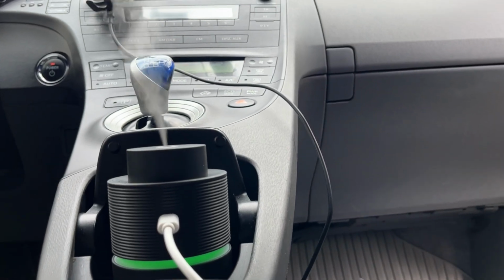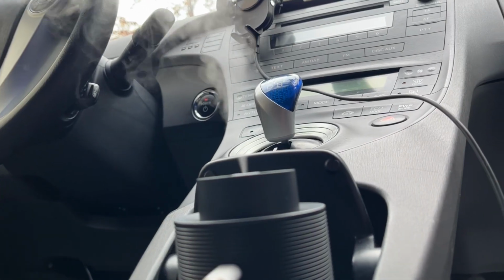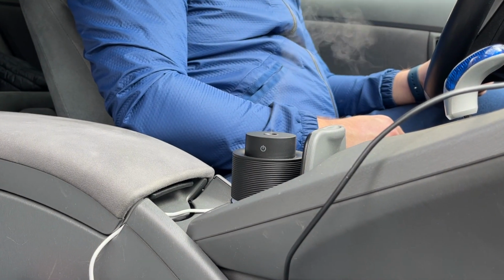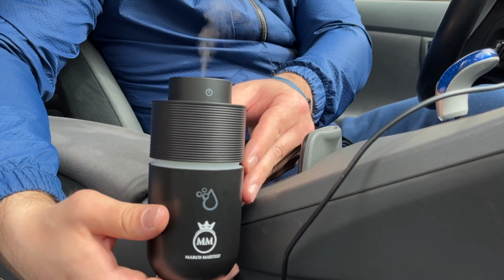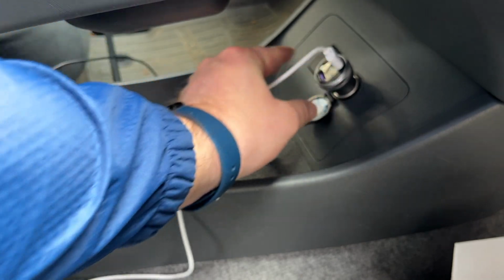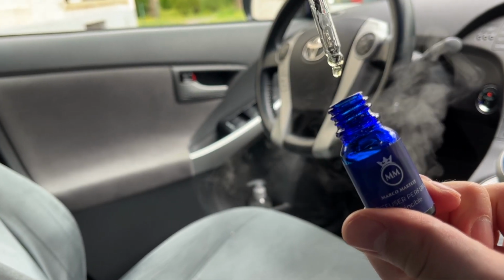I recently had the opportunity to try out the Marco Martely car diffuser, and overall, I think it's a great product. This little device is the perfect way to add a touch of luxury to your daily commute. The diffuser itself is compact and easy to use. Simply plug it into your car's USB port, add a few drops of your preferred perfume scent, and you are